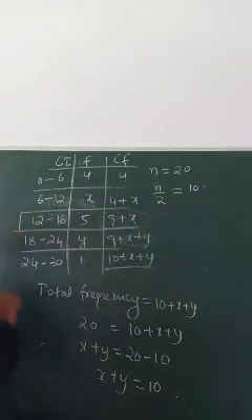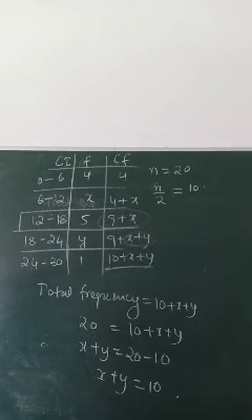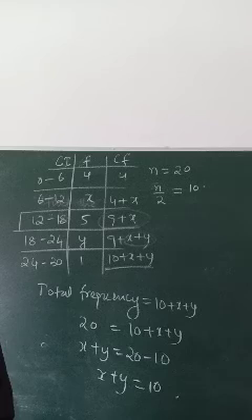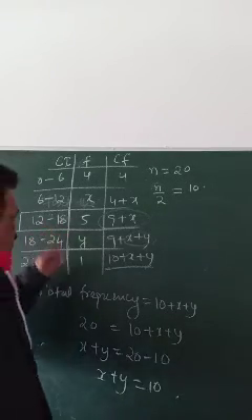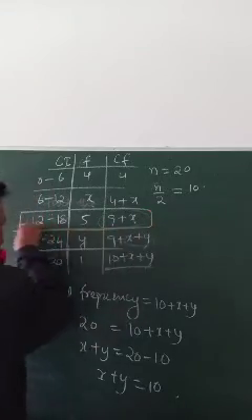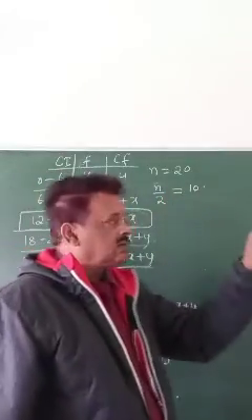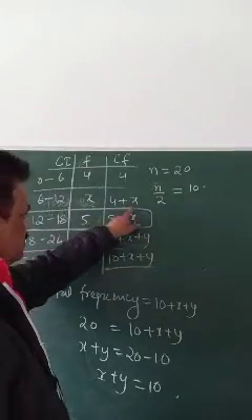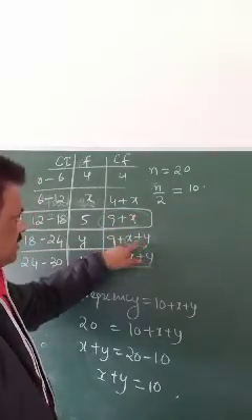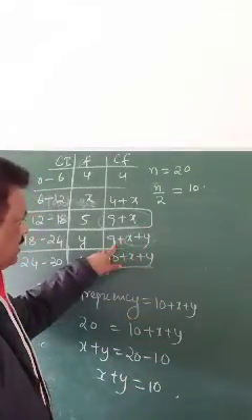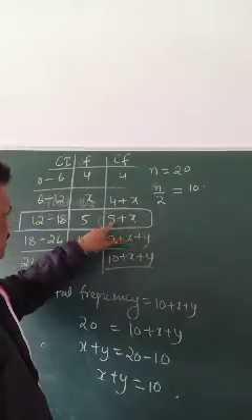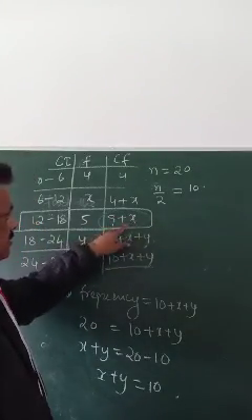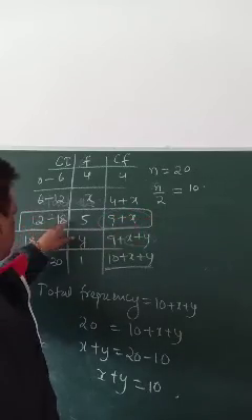So you can say, what is our modal class then? So you can say the modal class is 12 to 18. Okay, once more I will tell you. n by 2 is 10. So n by 2 means, because this is how much? 19, because x plus y is 10, this is 19. So obviously 10 will be here. So 10 unit means 9 plus x is the frequency now. Sorry, the median class will be 12 to 18.